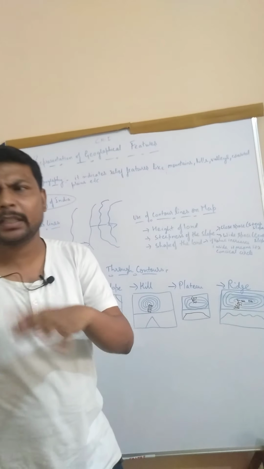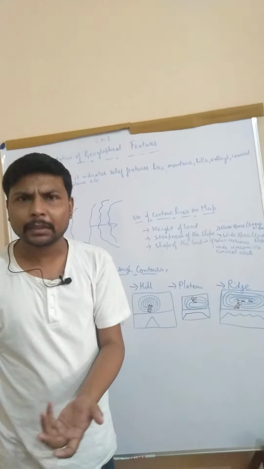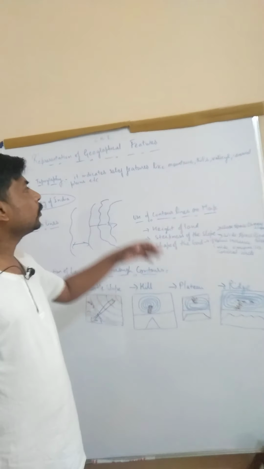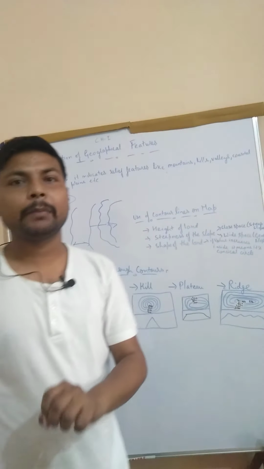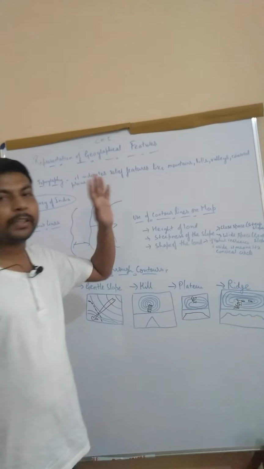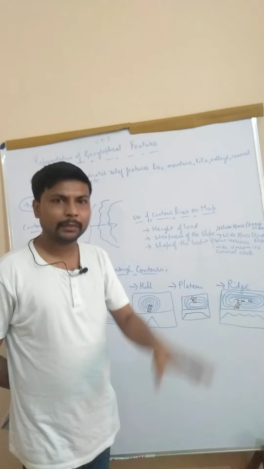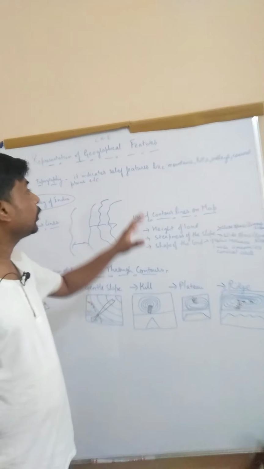Lastly we have read about different types of maps that we have: topographic map, political map, physical maps, right? Those were explained in the previous classes. Here we learn about the topographic maps. What happens in a topographic map is we show the various features of a land. It includes both man-made features and natural features.